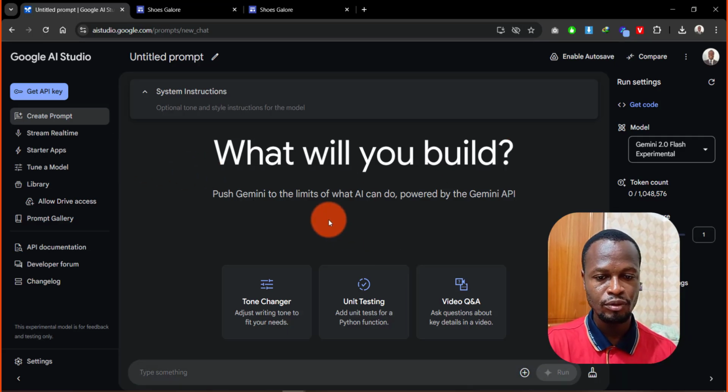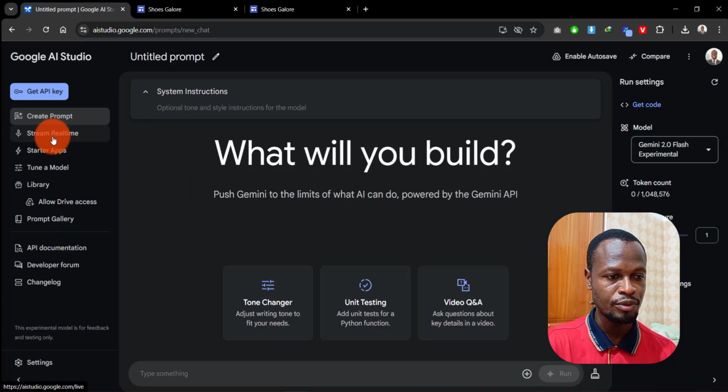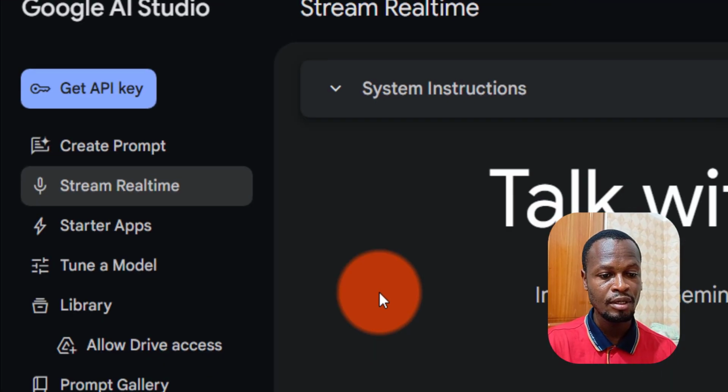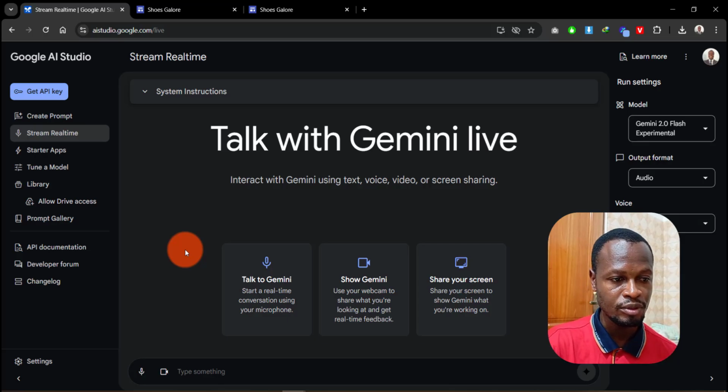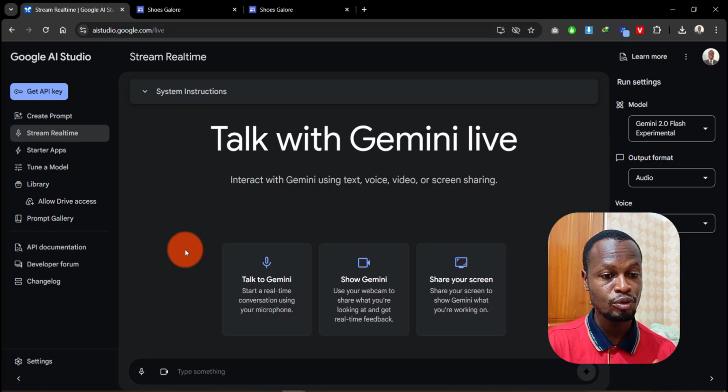So in this tutorial, I just wanted to show you just one aspect of this feature, which is that stream real time. So imagine if you want to build, you want the bot to actually speak with you, so you can actually show your screen to the bot and it will guide you as to what you want to do. So in this case, let's just say I want to build a website and I want to use Google Sites